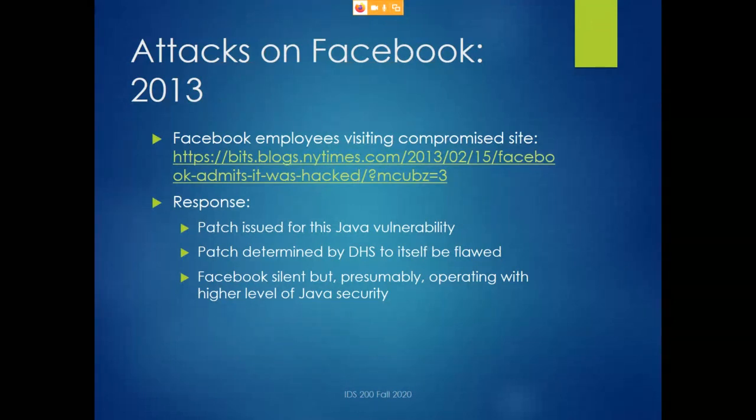So what happened, right, it was the guys who had the problem, they did the right thing. They immediately reported it. They were not, in fact, directly connected to Facebook at the time, so it wasn't like this malware got propagated through the Facebook system. Eventually people recognized, oh, this is a serious vulnerability in Java. They issued a patch to fix it. Ironically enough, the Department of Homeland Security looked at that patch and found that the patch itself had a weakness in it. So yeah, they did a fix, but that fix itself had a vulnerability.